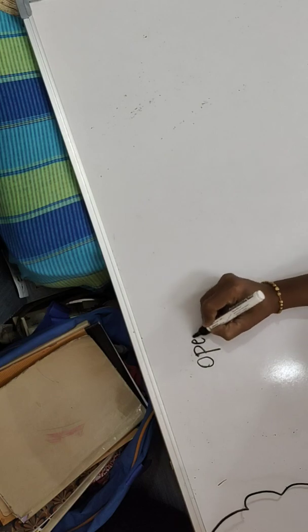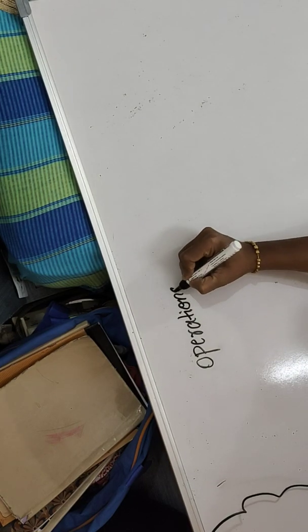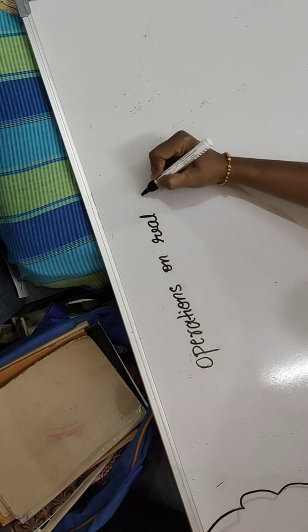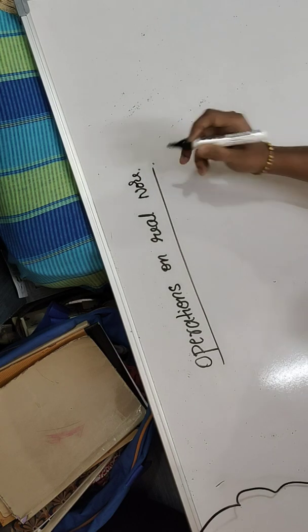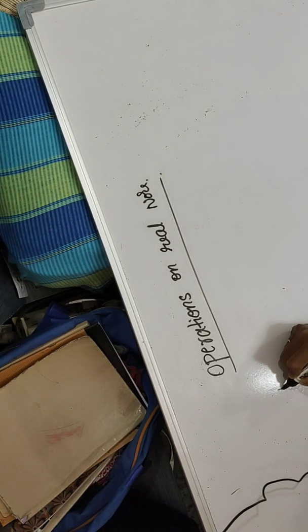Operations on Real Numbers. Okay, operations on real numbers. Operations means what? Operations means addition, subtraction, multiplication and division are called operations in maths. Okay, so some operations in real numbers. So for example, take one question, add